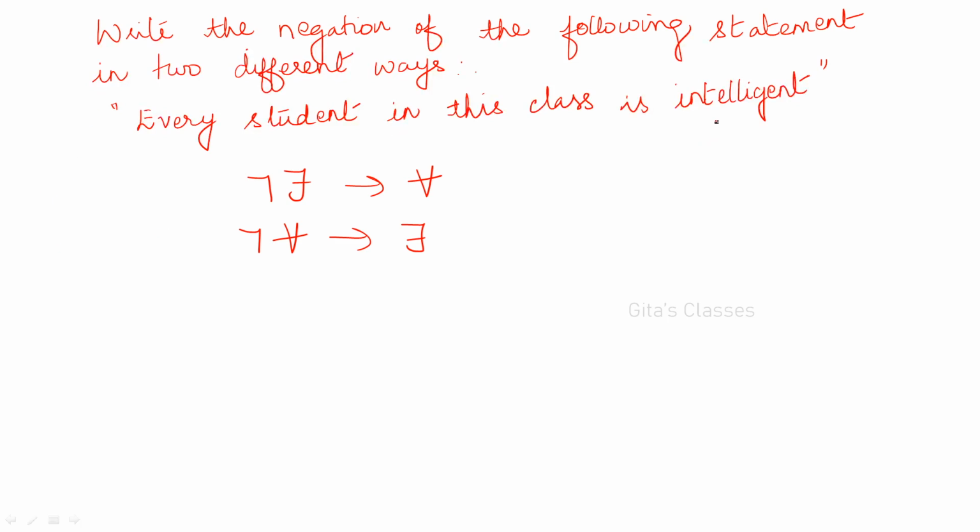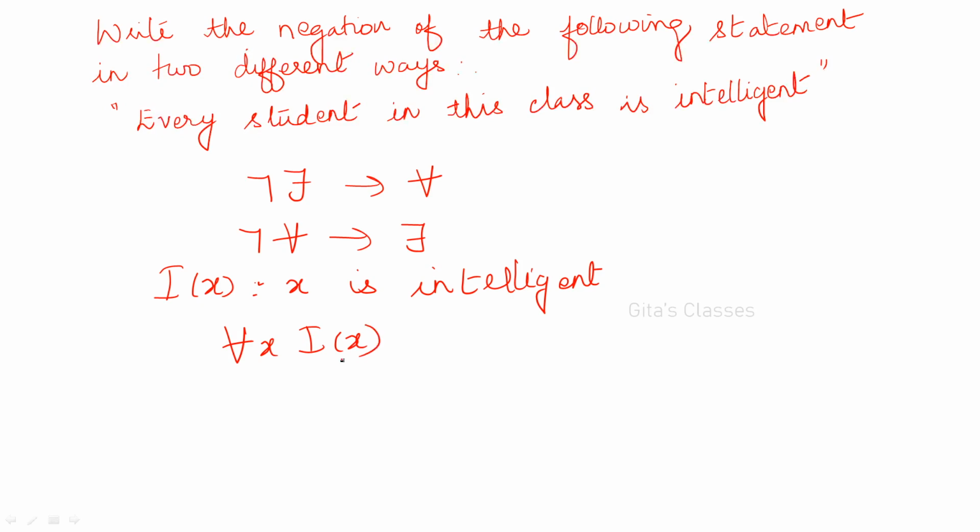Every student in this class is intelligent. So how will you express this? If you are writing I of X as X is intelligent, and consider the domain of discourse as the set of all students in the class only, then you can write for all X I of X. Okay. And if you want to write the negation of this statement, so given statement is for all X I of X. So negation is